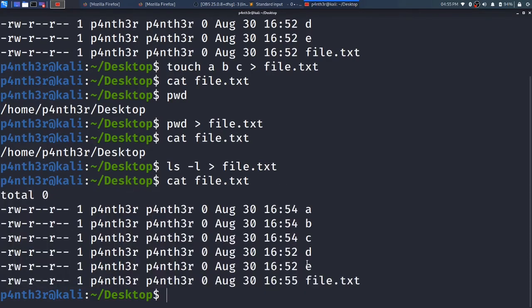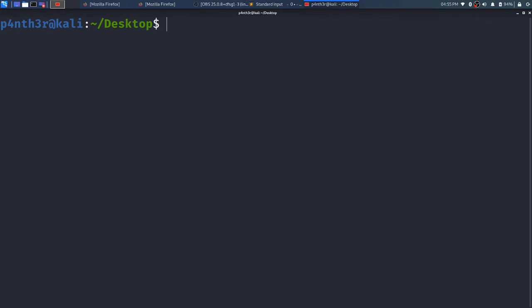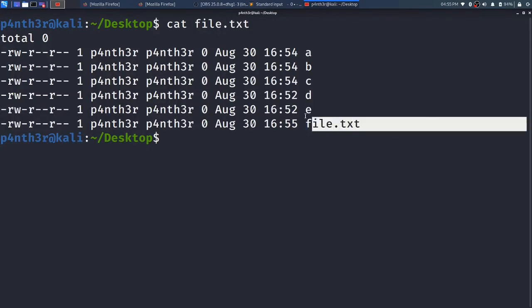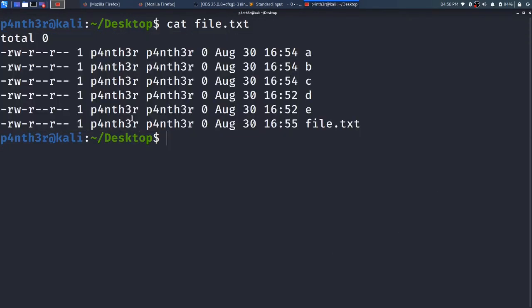So that is the overwrite. Now let me show you the append. I will type cat file.txt. There is already data in file.txt. So I will type pwd, and I use the double greater than sign, because I want to append into file.txt.